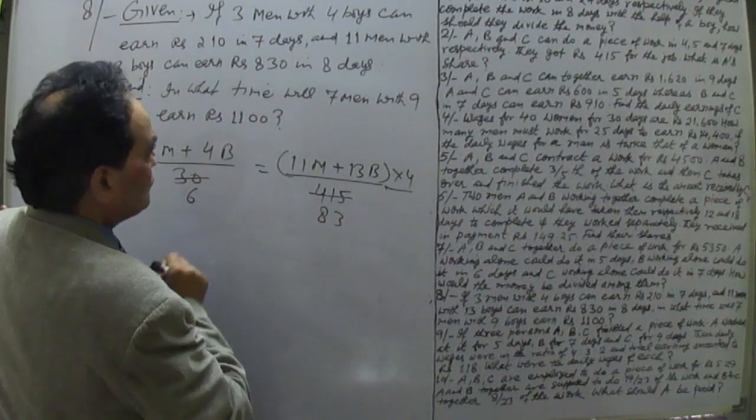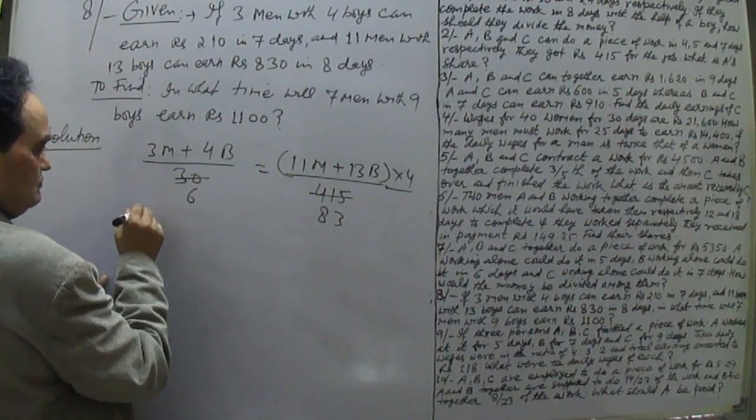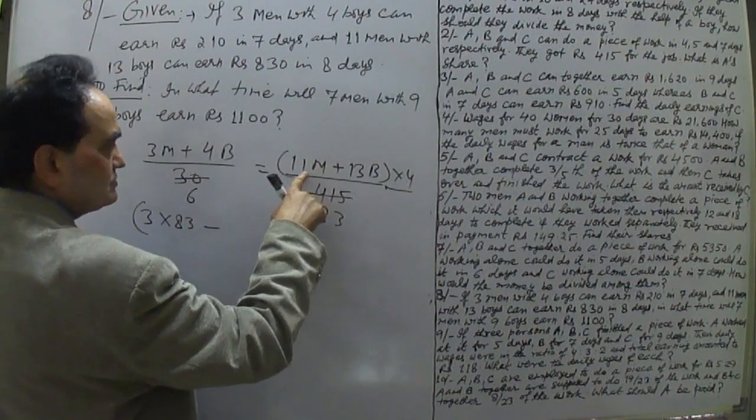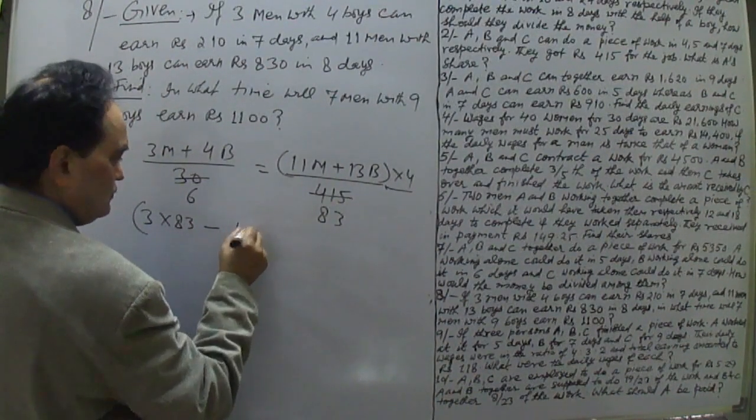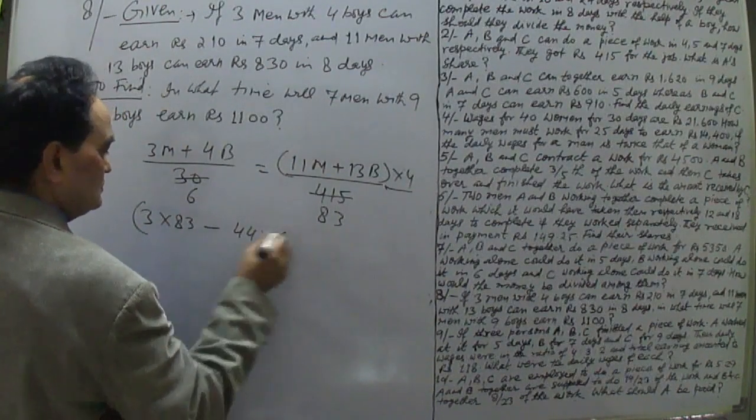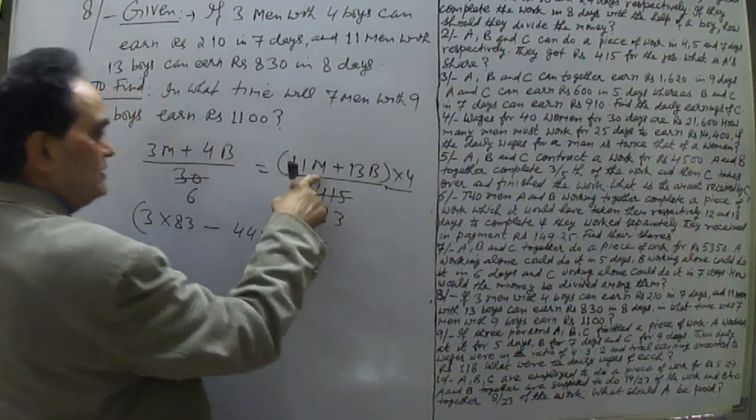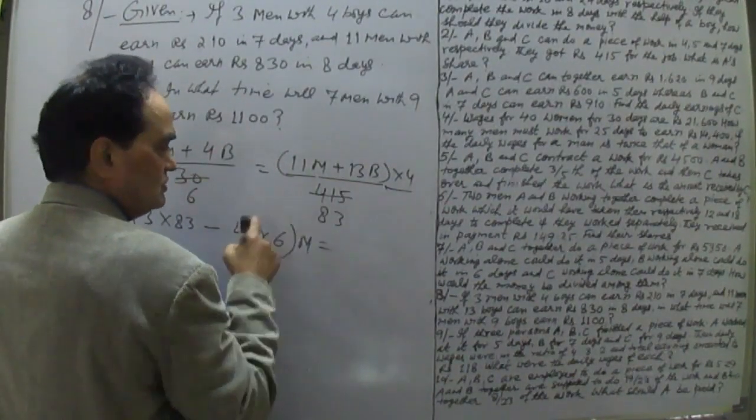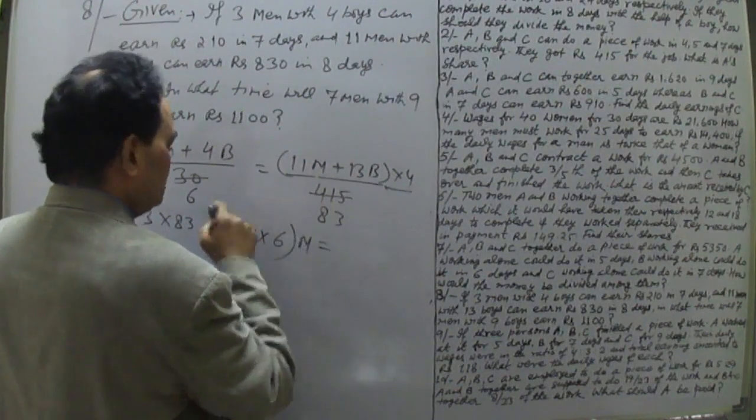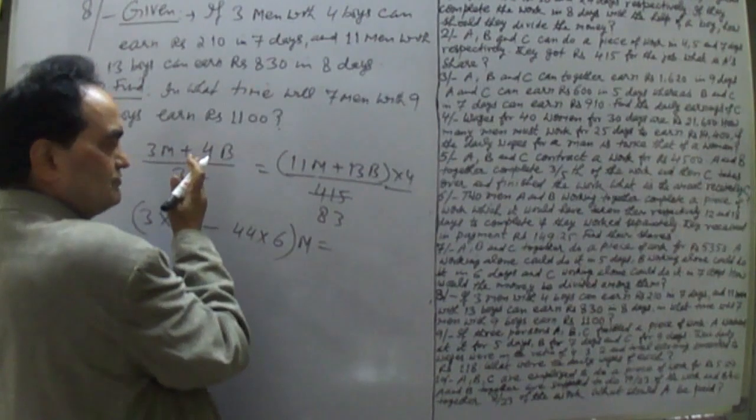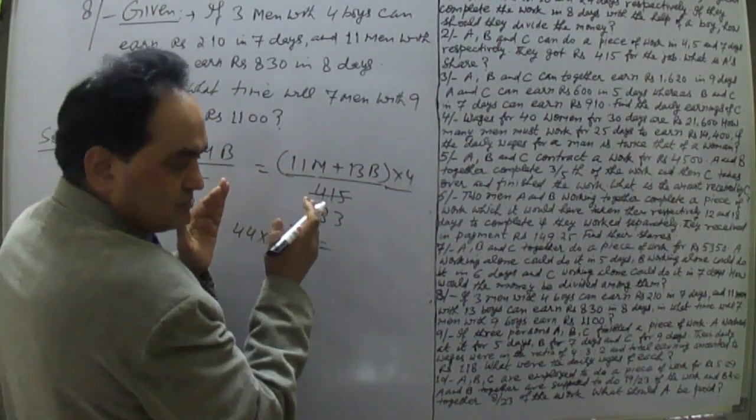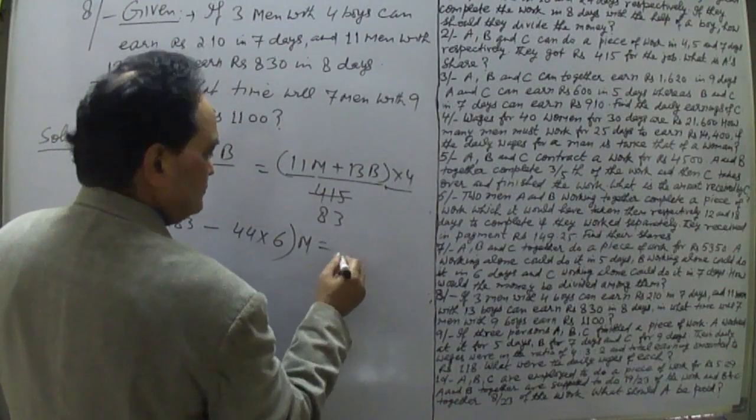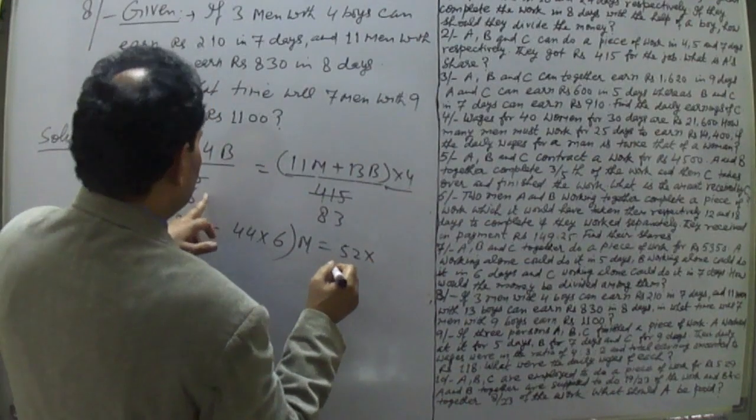Now we have to cross multiply. 3 into 83, this is man, minus this man, which is 11 into 4 is 44. So 44 into 6, this is number of man. 6 into 11 into 4, 6 4s are 24, 24 into 11 or 44 into 6. This can be taken to the left hand side, so men are separated and boys are taken to the other side. 13 times 4 is 52. So 52 into